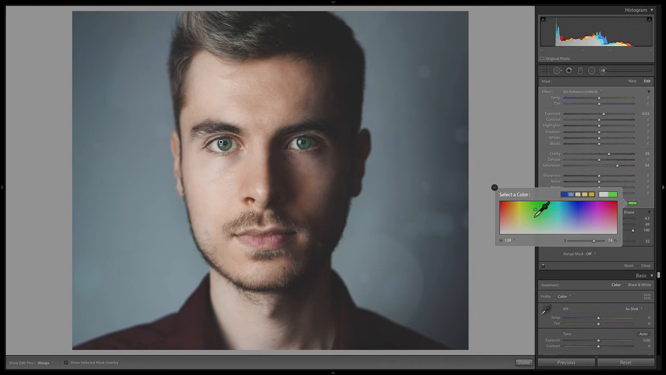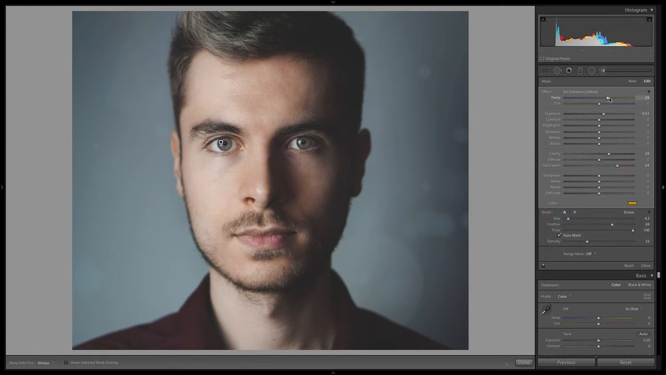If we want to make his eyes more green, if we want to make him more brown, we can take something like a red, orange, and then when we go in there, we can actually go back up to temperature and make it warmer and then drop the exposure. So that's how you can make someone's eyes go from blue to brown just with the temperature slider and the